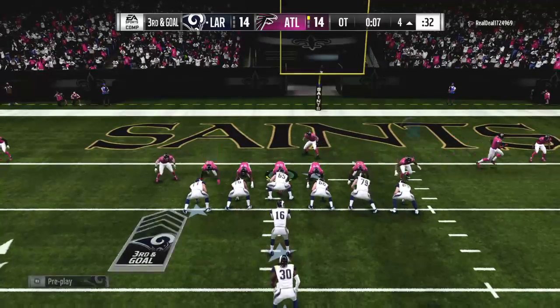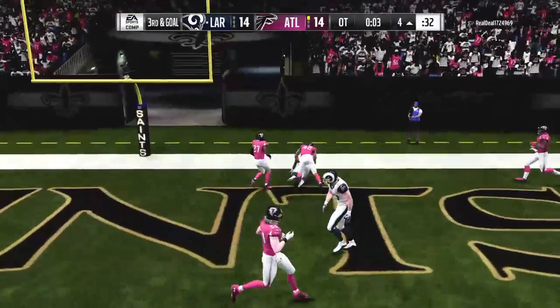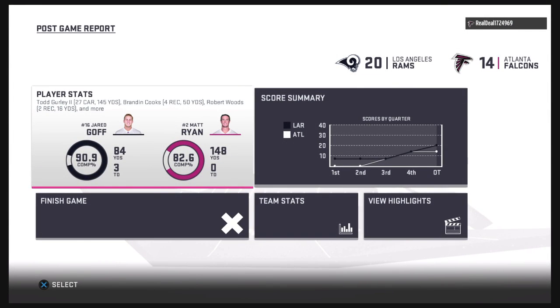They'll come out in the pistol. Now gone. And this will be caught. It's a touchdown. And absolute stunned silence here as they have come in and